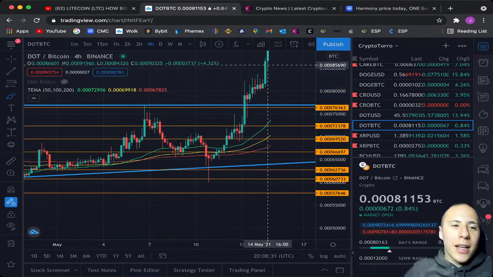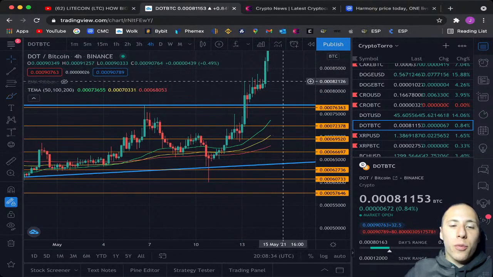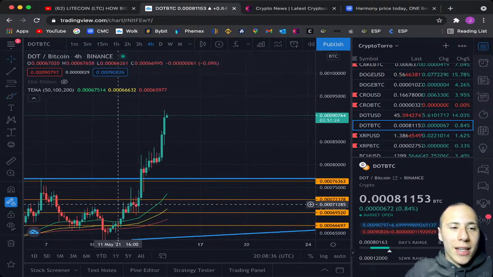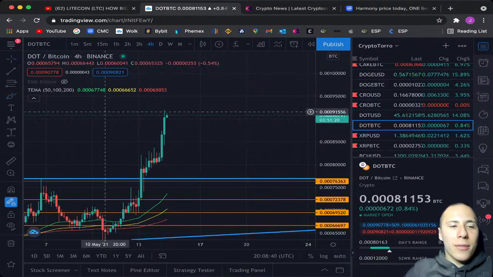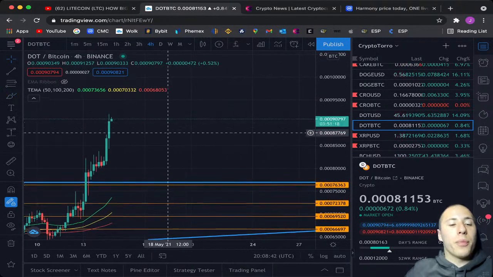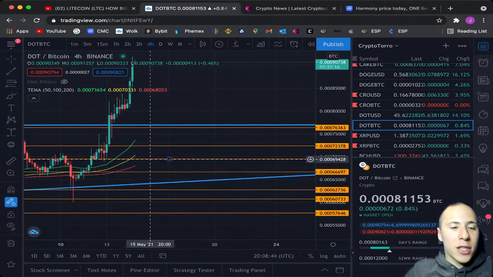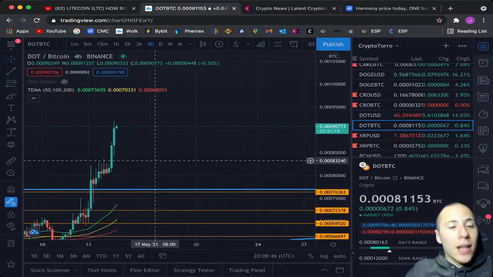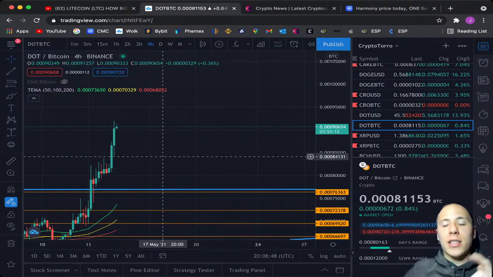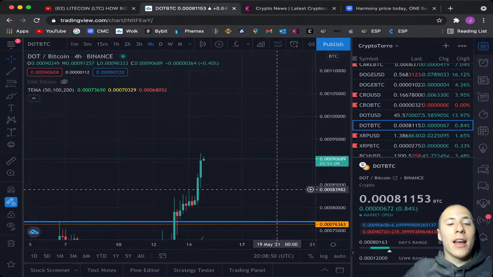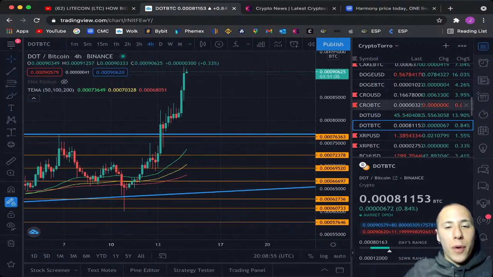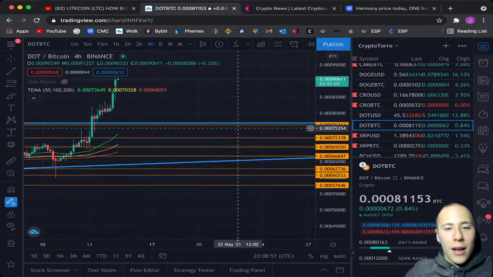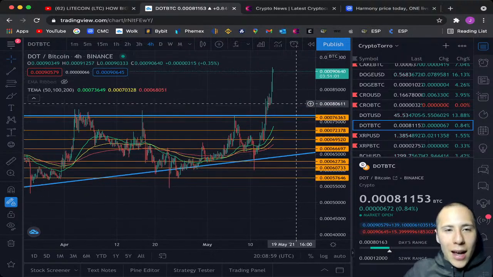So I'm personally looking at when Polkadot will be touching the moving averages once again, and if after that Polkadot will be finding support on top of the moving averages, because if Polkadot does so, we will be seeing a huge move towards the upside for sure once again on the Polkadot chart, and I think that's just unbelievably great to see for the moment.